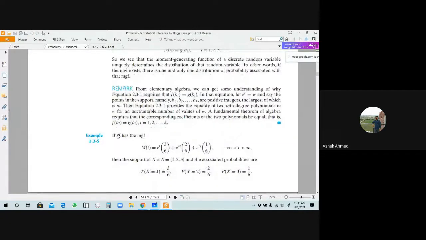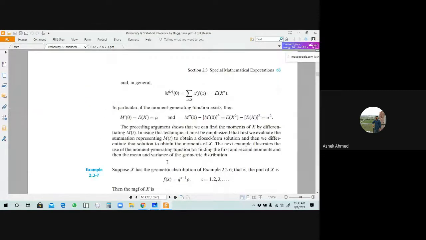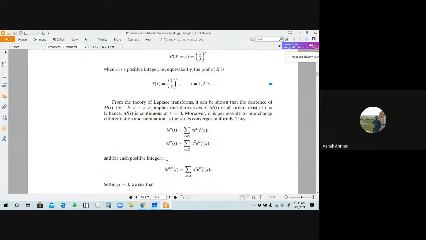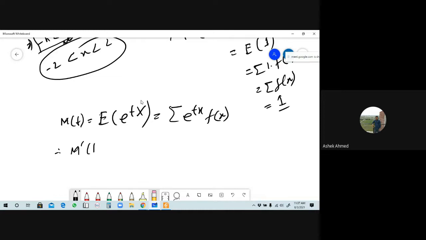Now we will solve some problems here. These problems are very, very important in this class. We already know that the moment generating function m of t was the expectation of e to the power tx, which equals summation of e to the power tx into f of x. Is it right? So from here, tell me the value of m prime of t will be